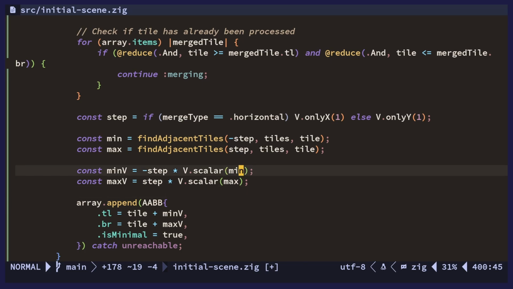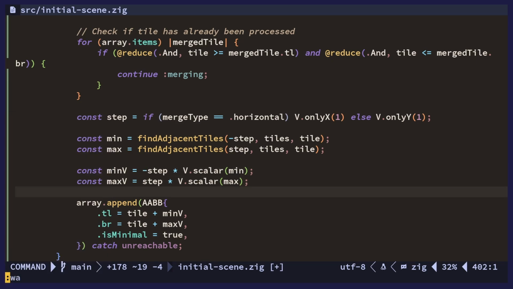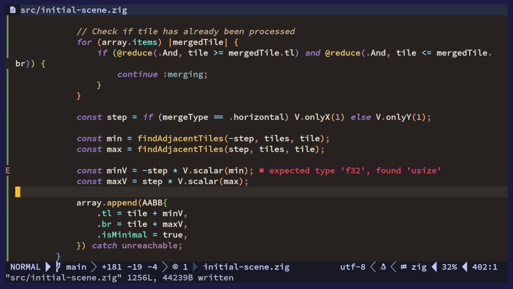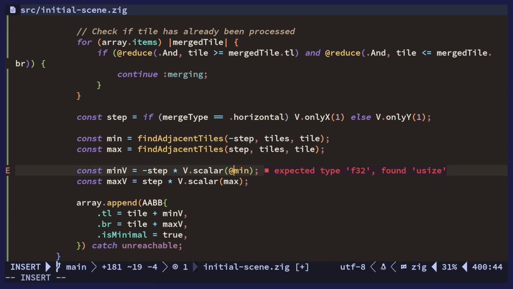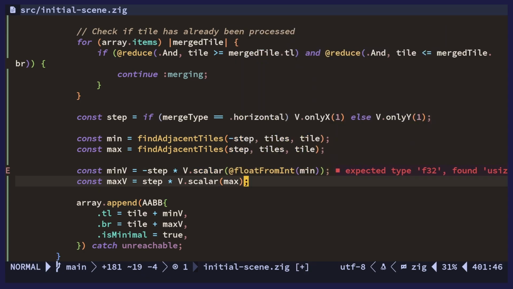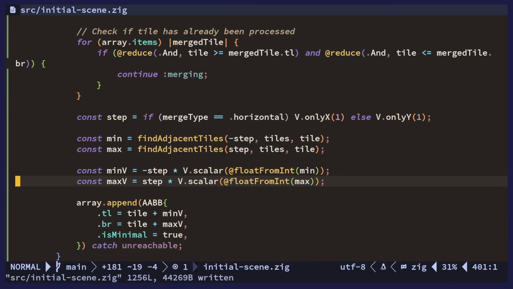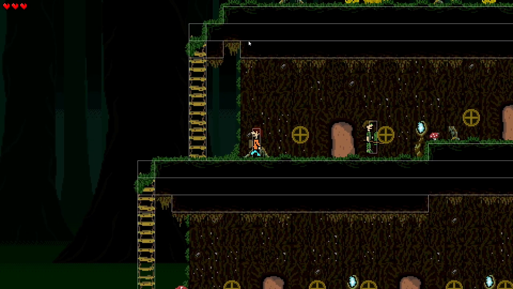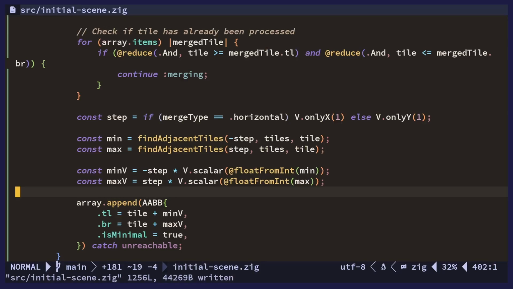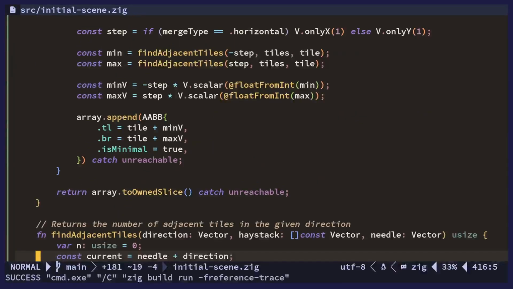It's like min is how many steps do you take in that direction. So it's always going to be positive or 0. And yeah, this should probably work. Because we still want from, I'm just going to do float from int here. Because we still want this generation of the size of the ladders should still work. There you go. So now we got this ladder here, and it's solid because we are still calling